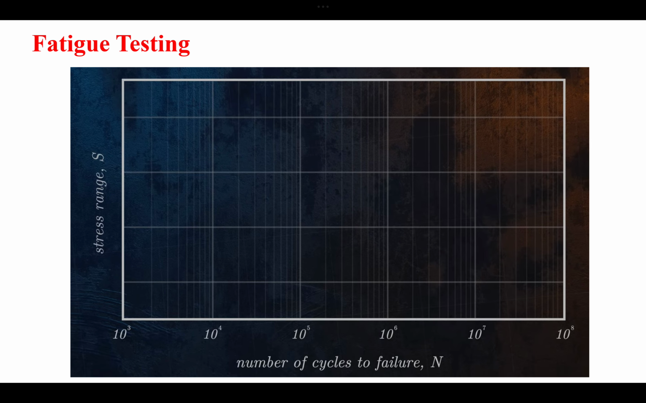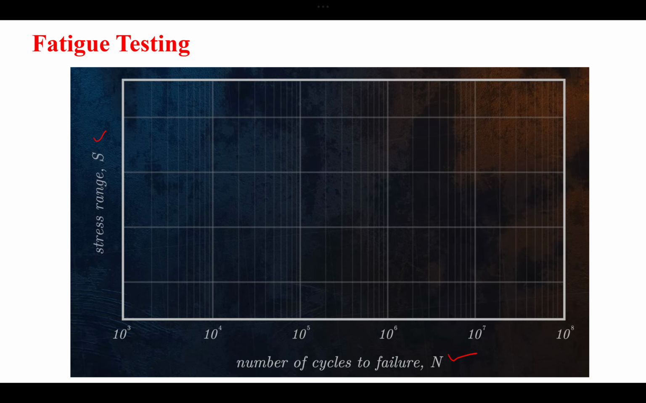Then we do these tests for each material to know the number of loading cycles that it can sustain for a given stress. So we draw this graph. This is a very important plot where on the horizontal axis you have the number of cycles to failure, on the vertical axis we have the applied stress. So we apply a stress and we check at what number of cycles the equipment or the part